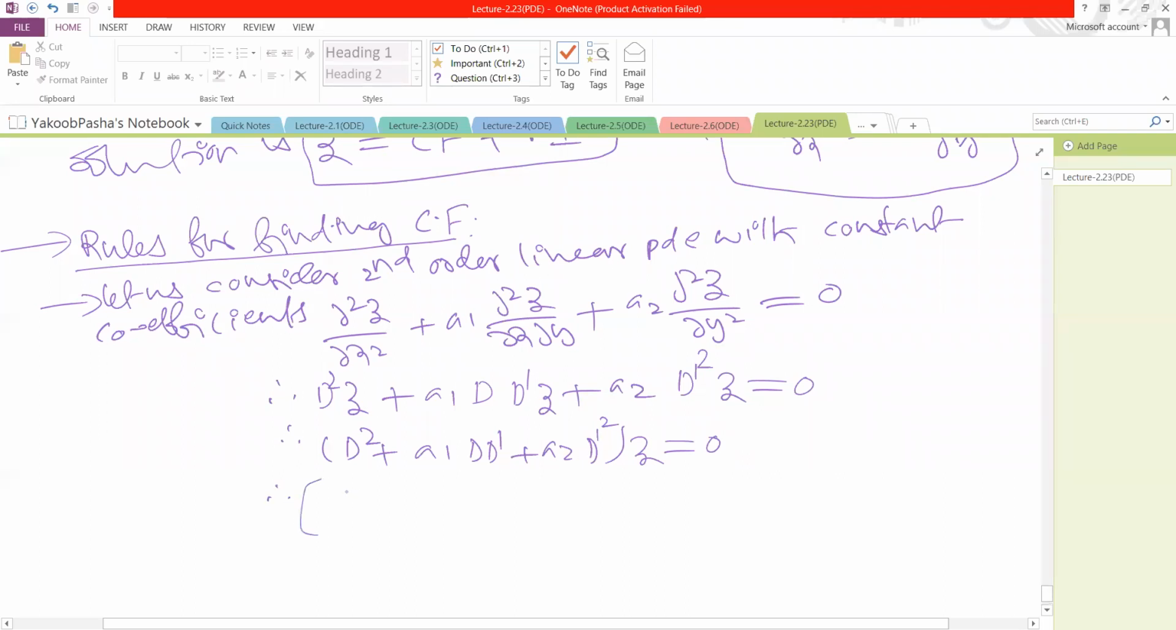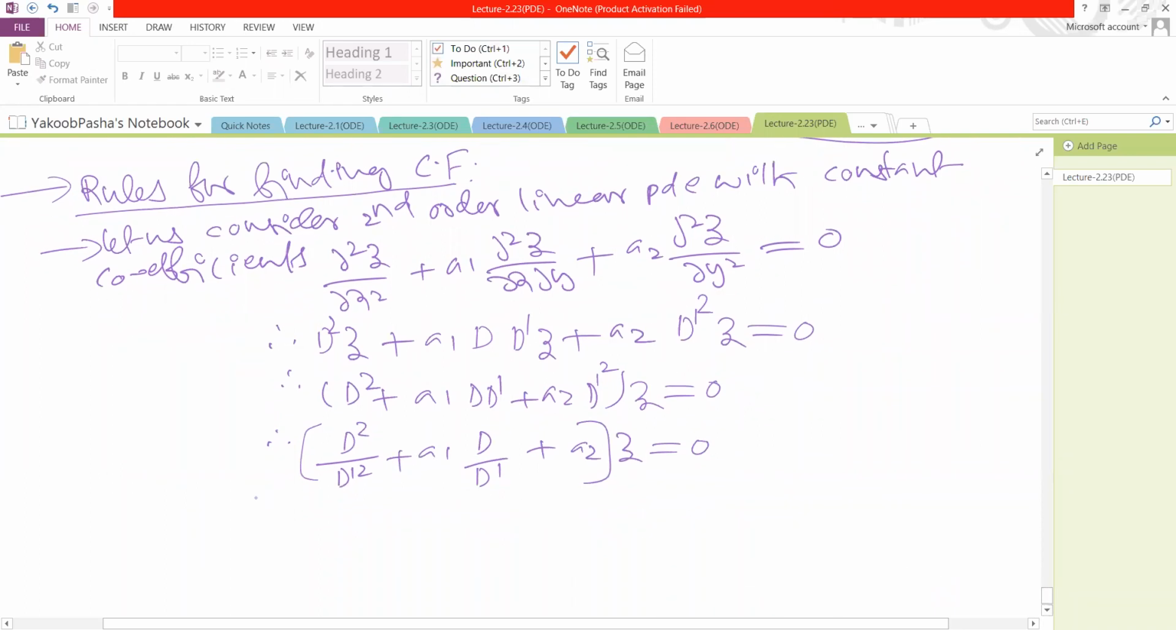While dividing by d dash square, we get the equation in the form of d square by d dash square plus a1 d by d dash, one d dash will be cancelled, plus a2, d dash square is cancelled, into z equal to 0. So after dividing with d dash square, you can write the corresponding auxiliary